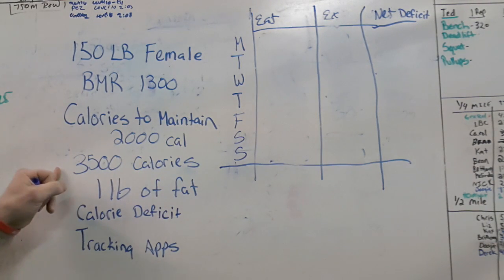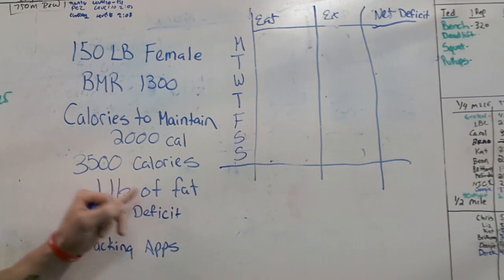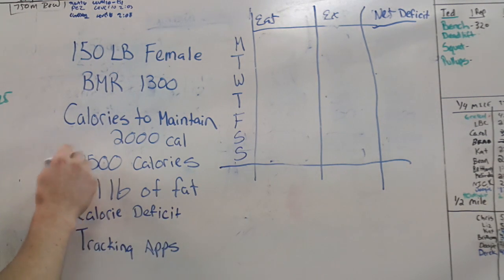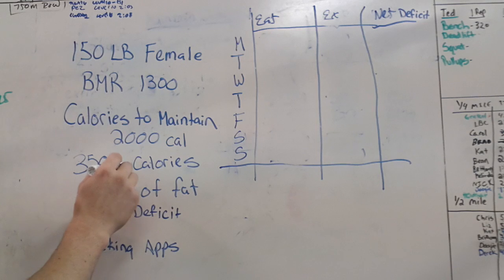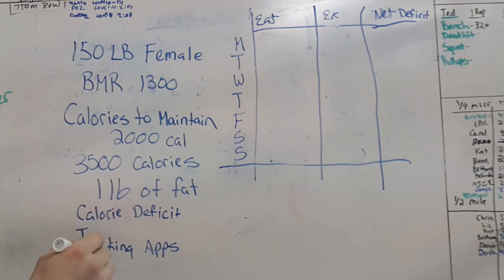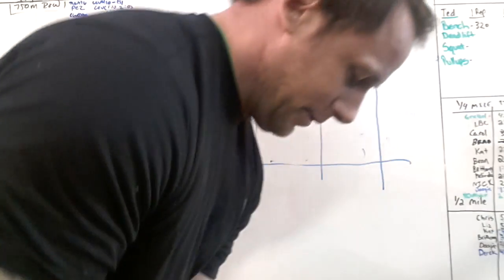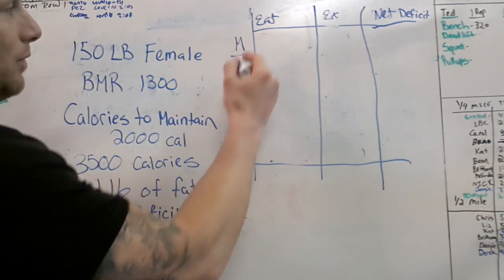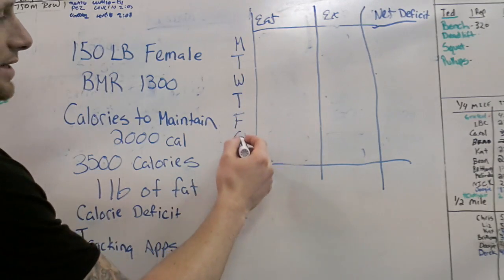One of the important things to know is there's 3,500 calories in 1 pound of fat. So in order to create a calorie deficit, we need to come up with this 3,500 calories either through diet or exercise. And that's what I want to show, is kind of explain how that works. So using this 150-pound female, I'm going to go through an average week and kind of show how this works. On Monday, Tuesday, Wednesday, Thursday, Friday, Saturday, Sunday,